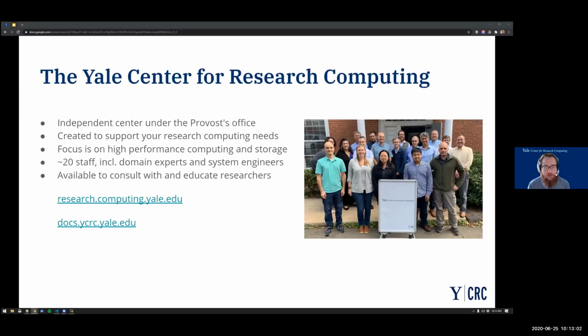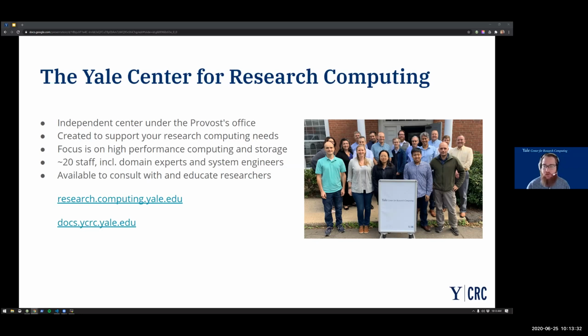So very briefly, this is the Yale Center for Research Computing staff in the before times. We are a separate center from ITS, and we're also separate from the libraries. We're technically in academic services, and we answer to the provost's office. We have a couple of teams under this umbrella.